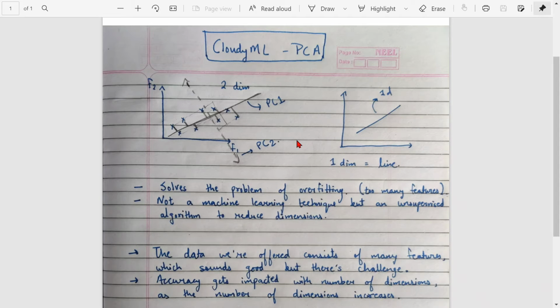All right, so this is the intuition, the actual algorithm and mathematics behind principal component analysis. This is how it solves the problem of overfitting, and how we can reduce the features. With these data points, we can run any machine learning algorithm. Let's look at the code now, and you will understand better.